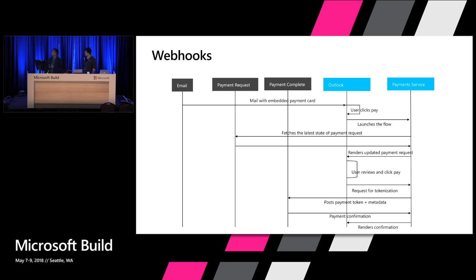This is the flow diagram on how the experience will flow through your endpoints. So the key here is that the user in Outlook will receive an email with the embedded payment card that we have talked about before. Once users start clicking on the button, it launches the flow. The first thing the flow does is to make a call to your payment request with the product context that you specify on the card. So that product context might have your invoice ID, or some information that you would be able to use to see what is the current status of the payment request.